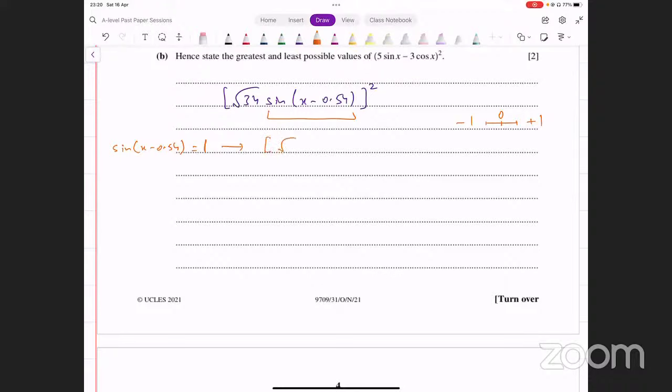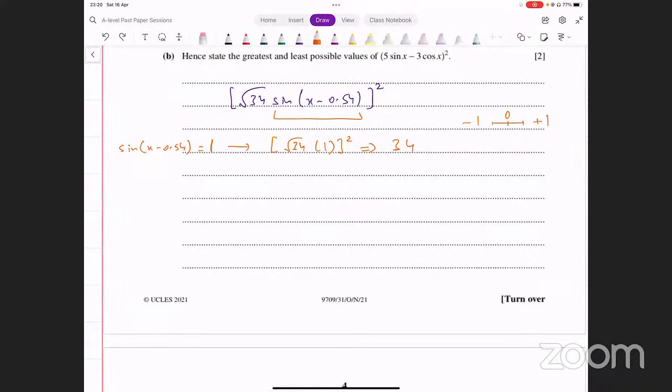You get square root of 34 into 1 whole square, and that gives you 34. एक वैल्यू आपके पास ये आ गई। यानी जब साइन जो है वो 1 होगा तो आपके पास ये पूरा एक्सप्रेशन 34 के इक्वल होगा। फिर आप क्या करोगे,